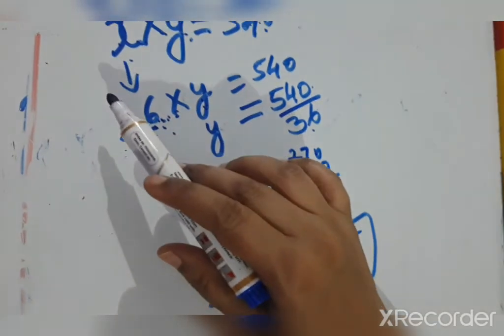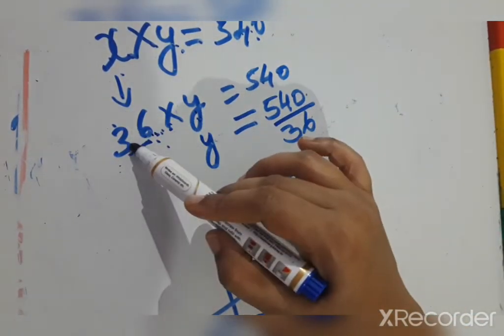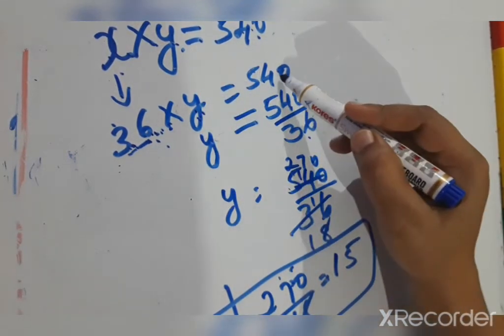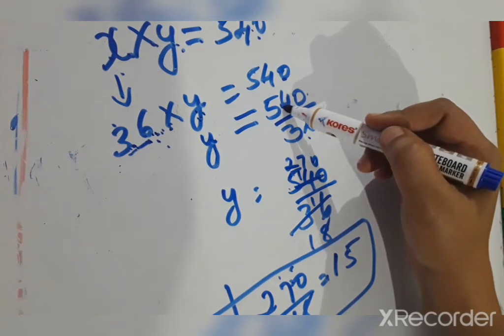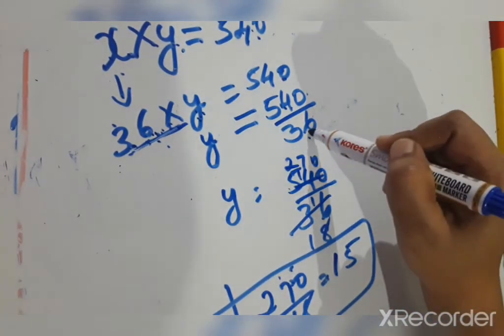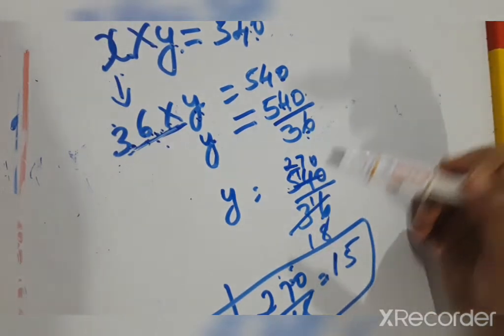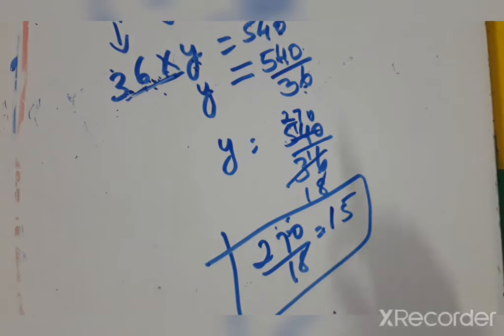So here product means after multiplying any two numbers, answer is 540. One number is 36, that is given. Another number is y. We have to find the value of y. Y equal 540, what is given after the equal symbol? In this, 36 and into becomes division, that is divisor 36. Then divide it. So answer is 15.